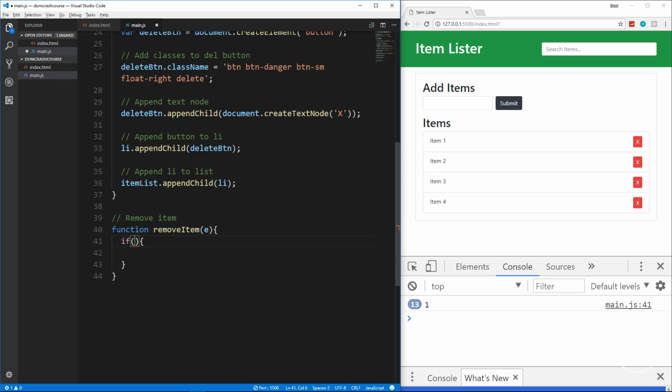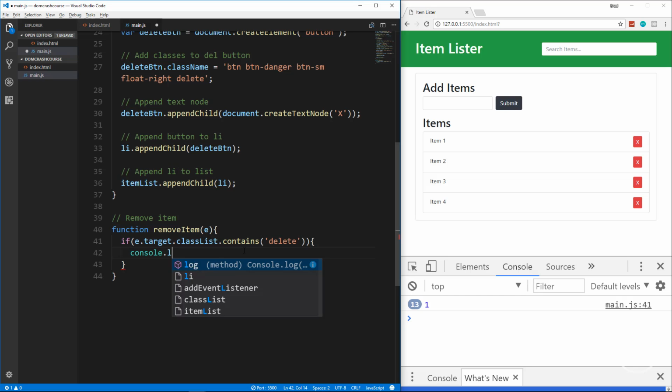And we need to say if e.target.classList, okay, dot contains, we want to say dot contains the class delete, okay, because remember those buttons have a class of delete. So we want to check to see if what we're clicking contains the class of delete. If it does, then we want to move on. So we'll say console log